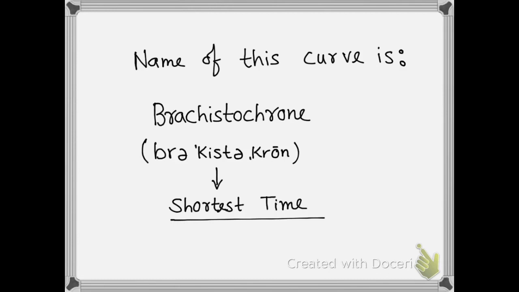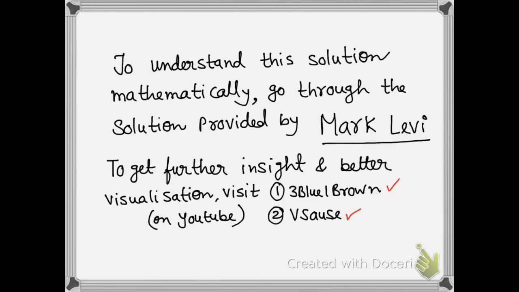So the name of that curve is Brachistochrone. It's a Greek word which means shortest time. To understand the solution mathematically, you should go through the solution provided by Mark Levy. He's a renowned professor, a great mathematician,